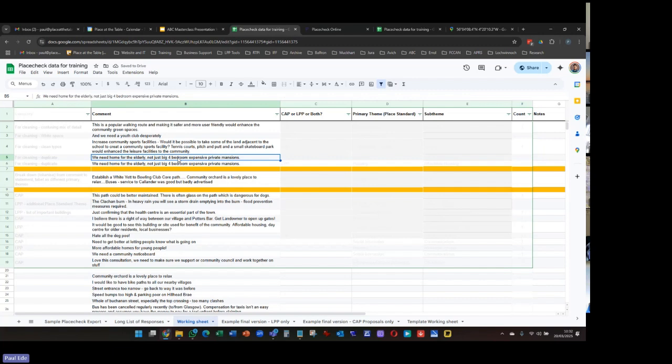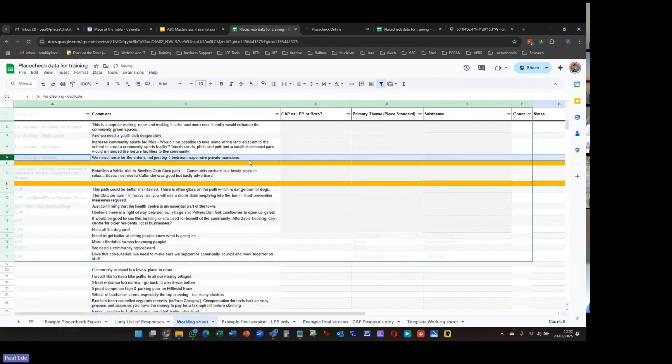And then I've got two duplicates. So when I see text that is exactly the same as another piece of text, particularly after I've sorted that column, I assume that that's a duplicate. Now, you could double check whether two people through an online form have actually just submitted exactly the same thing and want to say that. And in Place Check, you would look at the user ID to do that. But in general, I would be suspicious and potentially just remove that duplicate. That's data cleaning. That's the first step